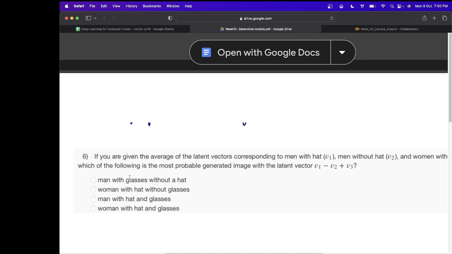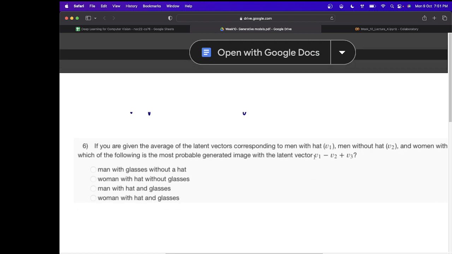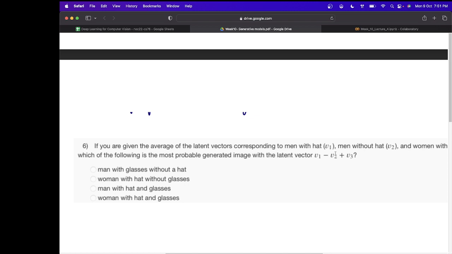What would that result in? That results in woman, which is the correct option: man with glasses without a hat, woman with hat without glasses, man with hat and glasses, woman with hat and glasses. So the fourth option would be the most correct one, because this V1 minus V2, like I said, if